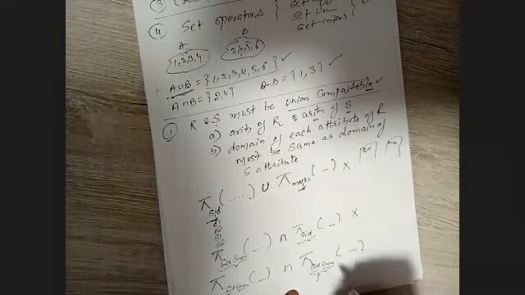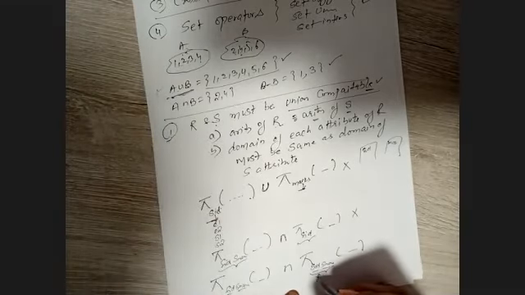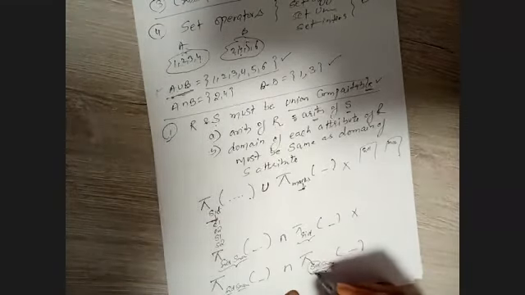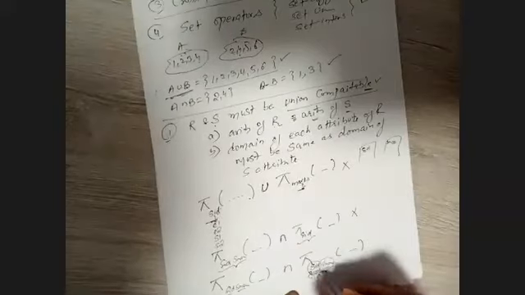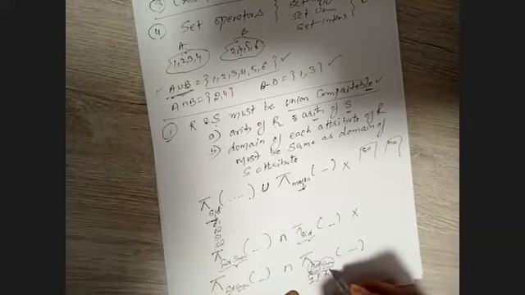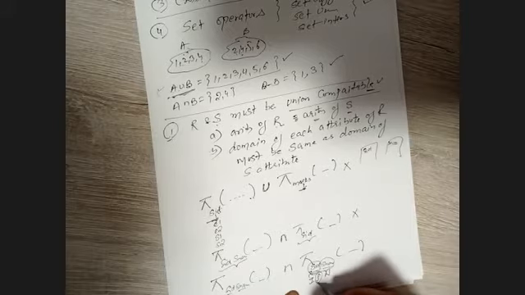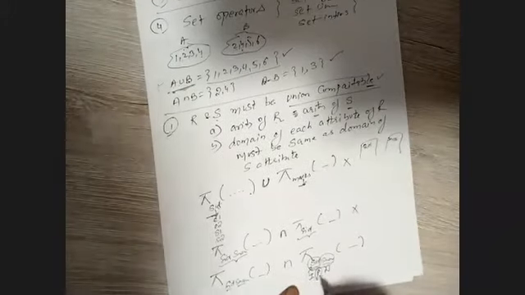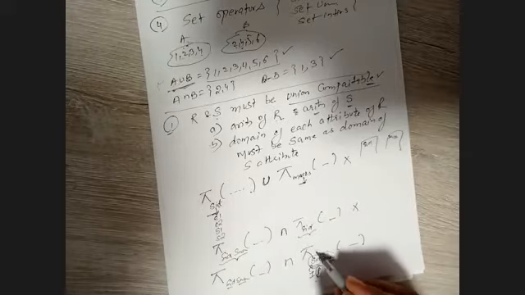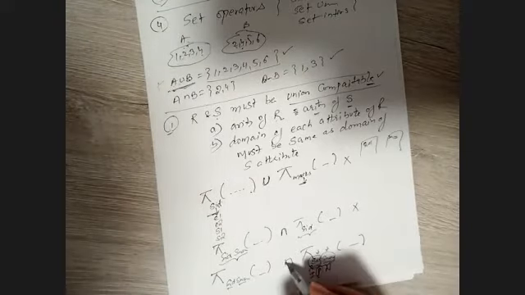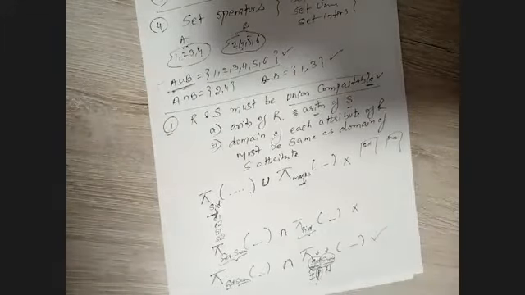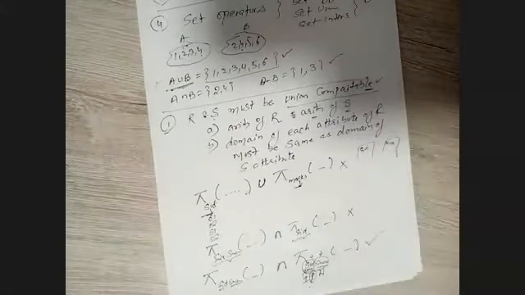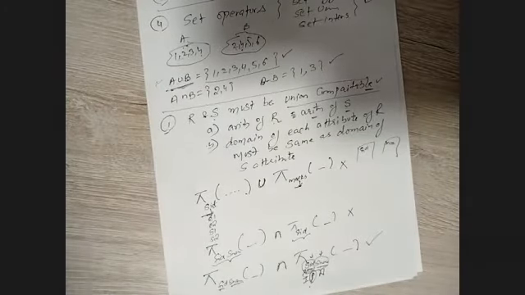Rename is a binary operator. We will see that renaming means you are using the same attribute, the domain is the same, but you have simply changed the name of the attribute. Probably I can write this as capital I for ID and capital N for name, right? This is the use of the rename operator. But the domain remains the same, simply you are changing the name, and you are performing the intersection between the same domain. So this is possible here, right? These are the scenarios where we need to take care of union compatibility.